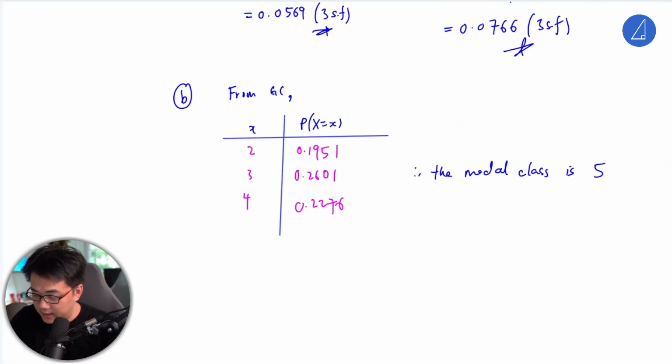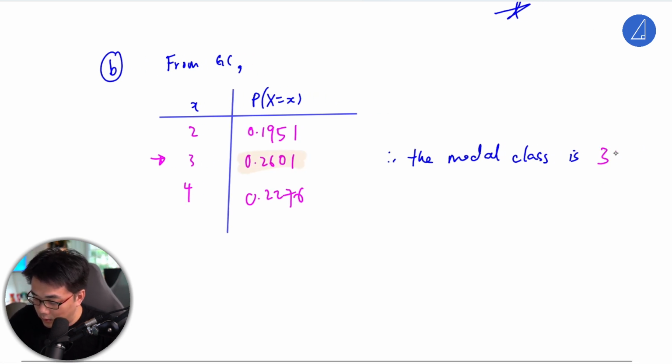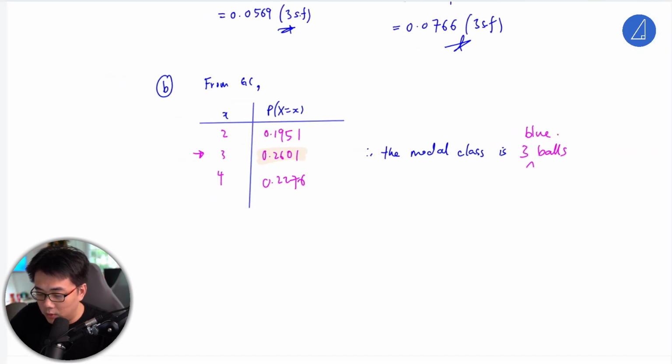So from here we can see this is the most likely one because this is 26%. This is the highest, right? So in this case, the modal class is 3 lah, 3 balls, 3 blue balls. Okay, so the most likely